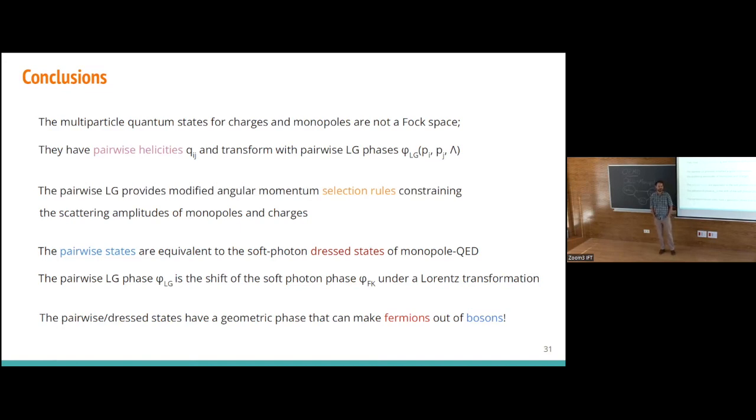So the presence of monopoles somewhere would alter the scattering of just the charges. Because you always have these soft photons around that you don't know about, but then can you design an experiment to search for monopoles which only involves scattering of charges? Well, it's hard because the effect you can see classically.